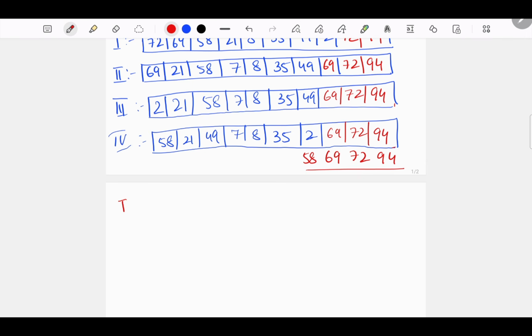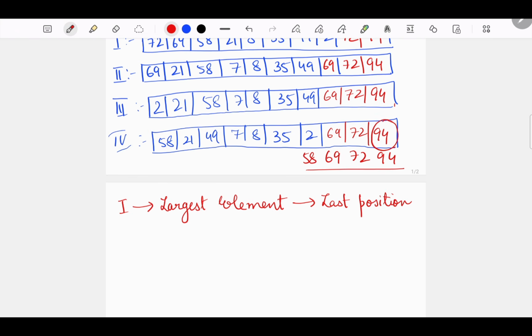So after first pass, see what is the pattern that is going on after first deletion. With the first deletion we get the largest element, because in a max heap the largest element will be at the root, and we are storing this at the last position or at the highest position, which is here.